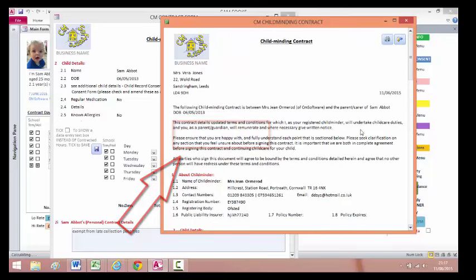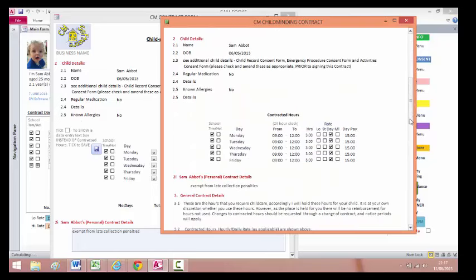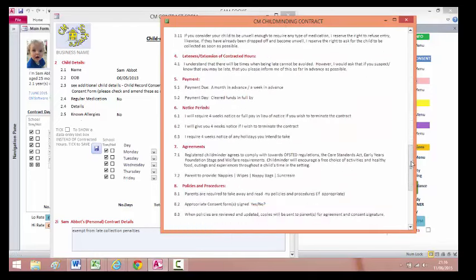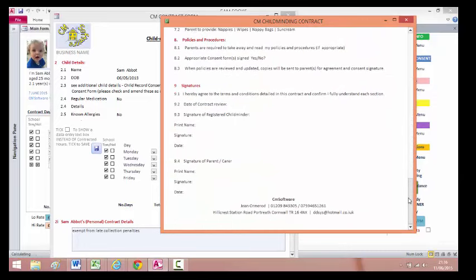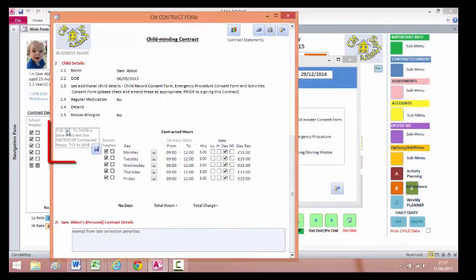The information that you've put in the body of the contract will be generic, so they will go to each child in turn. So it does give you a lot more flexibility to doing contracts that are specific to each child who comes to your setting. So you can see down here, and then you've got your business details at the bottom, and then a place for you to sign and the parent to sign. If I just show you here,